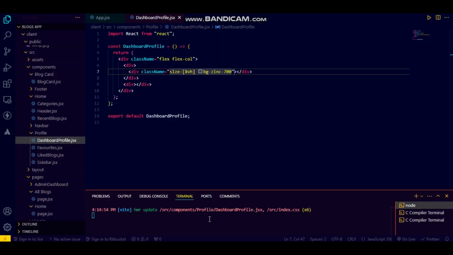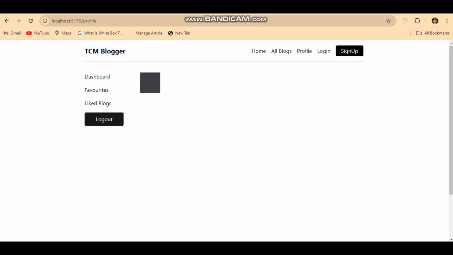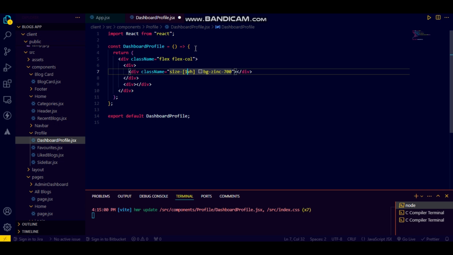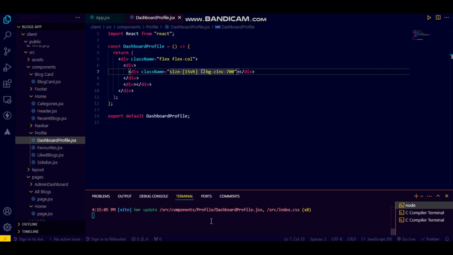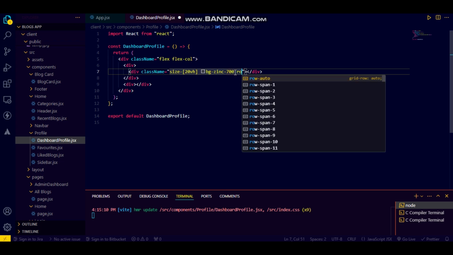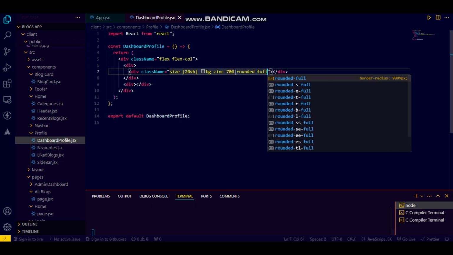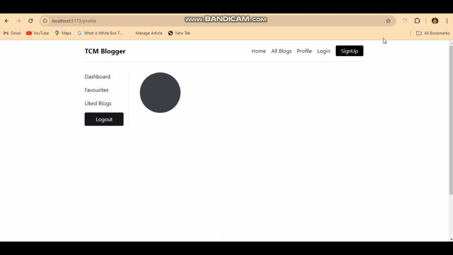We are having this profile which is very small in size. Let me go for 10 vh, and it's something like this. Let me go for 15 viewport height, and it's looking something like this. If you want to increase it, that depends upon you totally. For now, I'm going to go for 20 viewport height, and that is it. And I want to give it rounded full, and that would be looking somewhat like this. And afterwards, what I can do here,